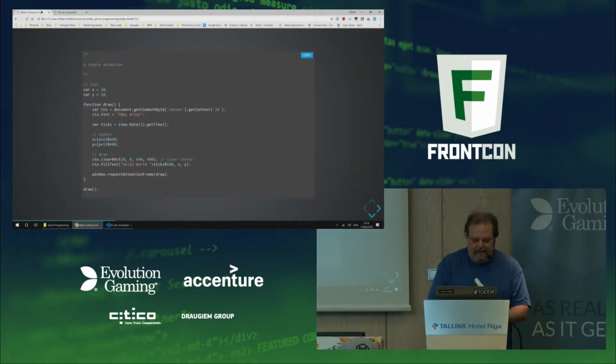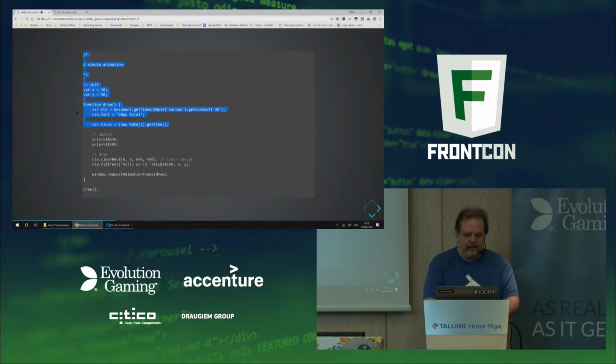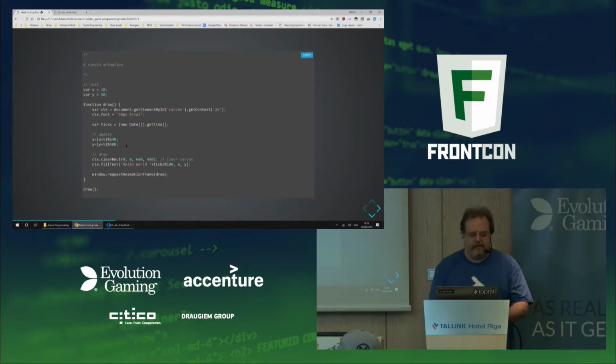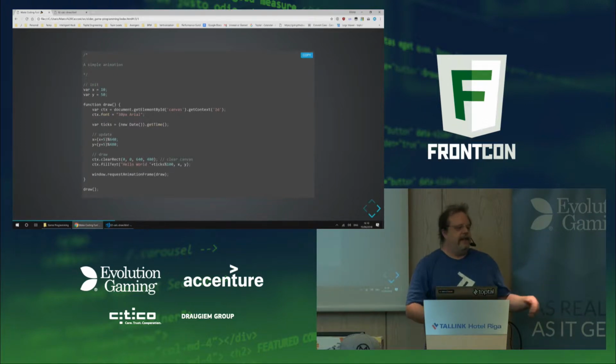So what you have is a first setup bit here, the first 3 lines, in which you get the canvas and set up the font. Most importantly, we have an update phase in which you recalculate all the data that you need in order to generate the frame. In this case, recalculate the position. And then in the second bit, there is a draw part in which you clean the screen and then reprint